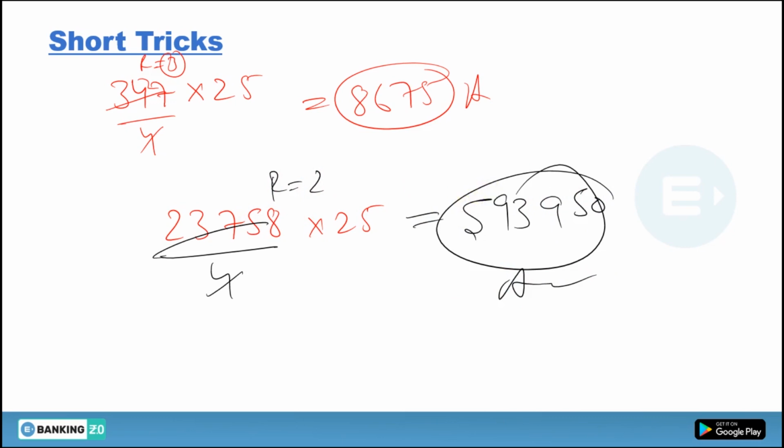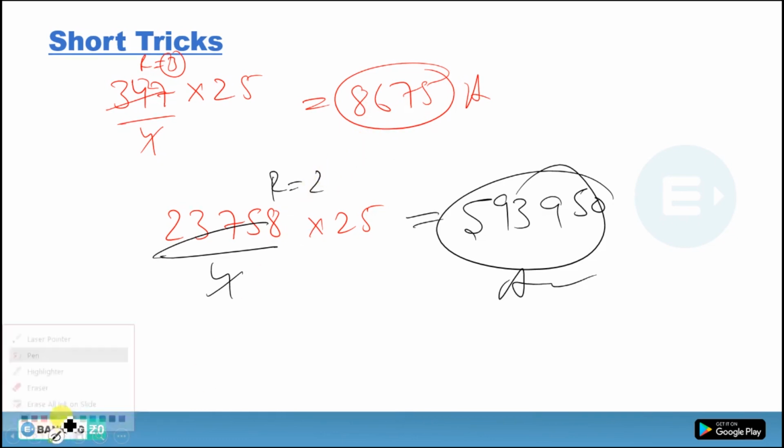So this is quite simple actually. If you want to multiply any number by 25, just divide the number by 4 and you are getting the answer. I have already told you the trick. Just use this trick to solve the question now. Done. I hope this concept is clear to you.